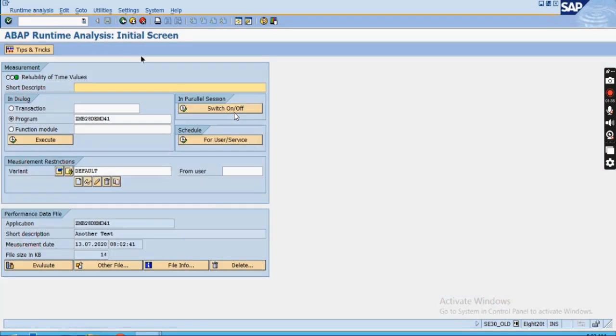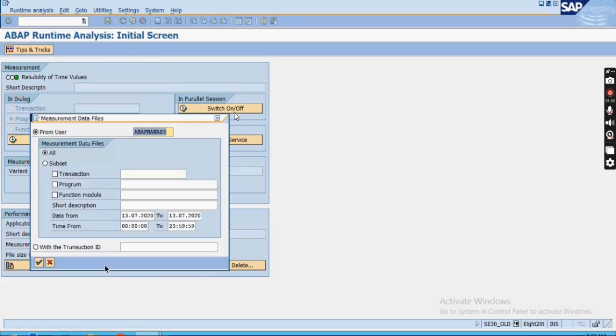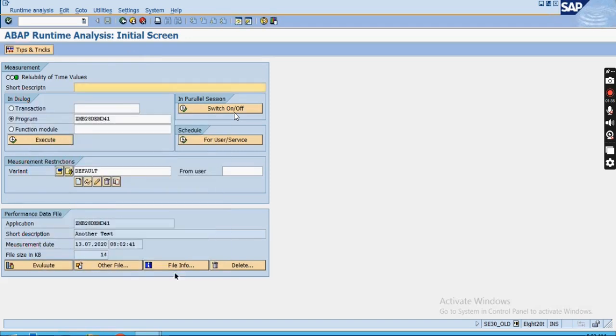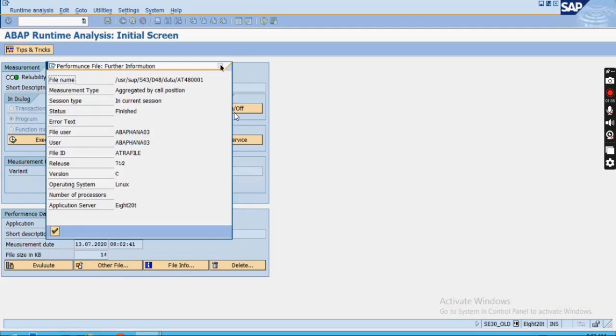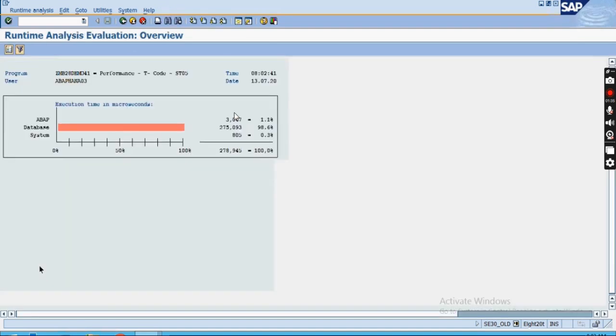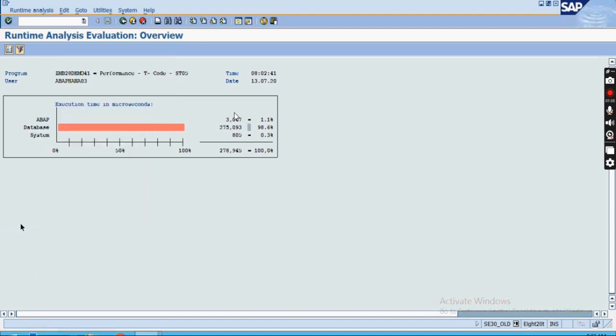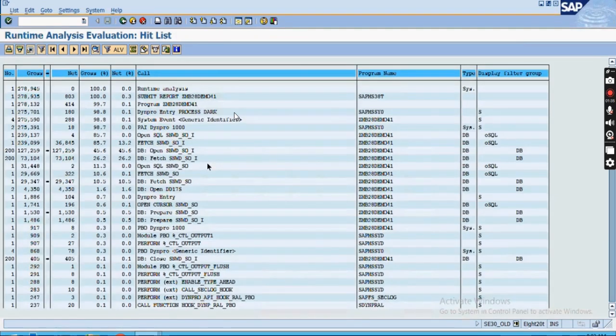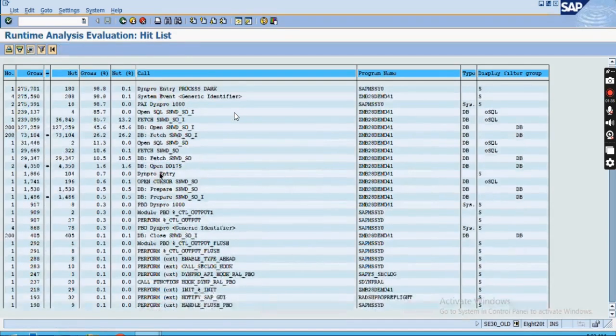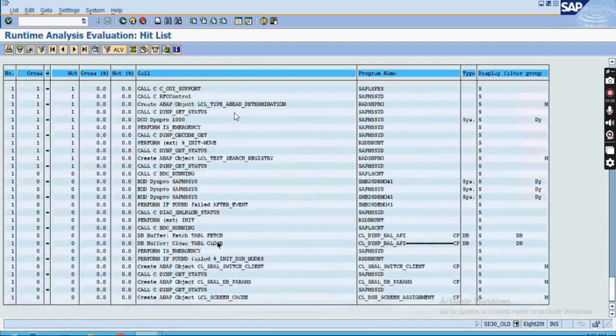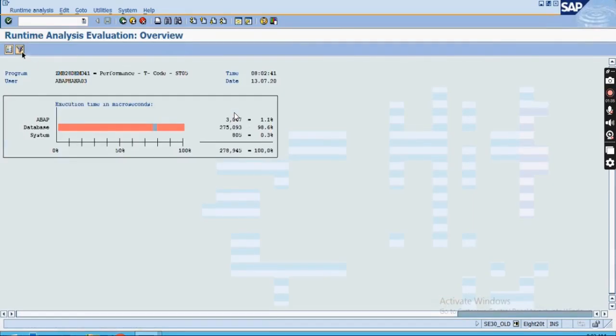Just go back once again, and here now click on this other file. No, leave it. File info. The file info we are able to see. I'm just trying to show you some detailed information. Okay, so we also get the detailed information: system program, database interface, technical. If I select everything, in that case based upon that selection you can get the data over here. So actually I was trying to show you, just go back once again, and from here